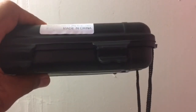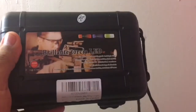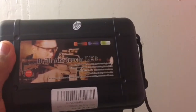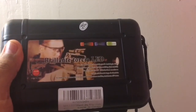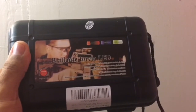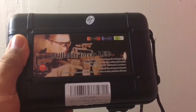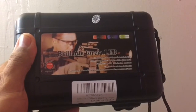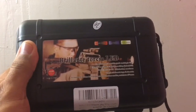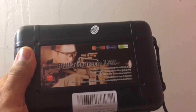Like I said, if they were telling the honest truth and not claiming it being 1200 lumens, it's only anywhere from 200 to 150 lumens, that's what I'm pinpointing more or less. I am not 100% sure. I know it's not 1200 lumens because I have a 600 lumen flashlight with a much smaller battery, and I also have flashlights that are 800 lumens and they are a lot brighter than this one claimed. This is not